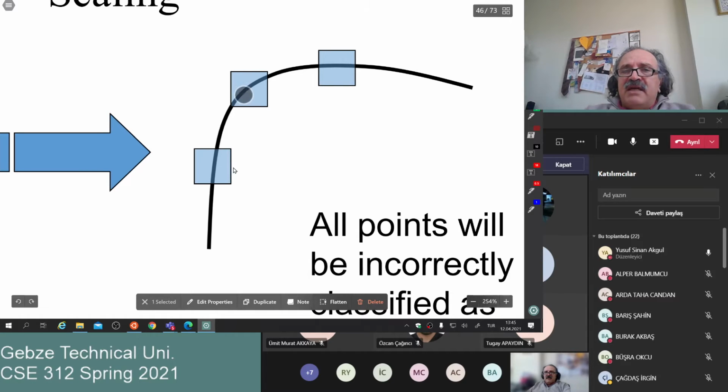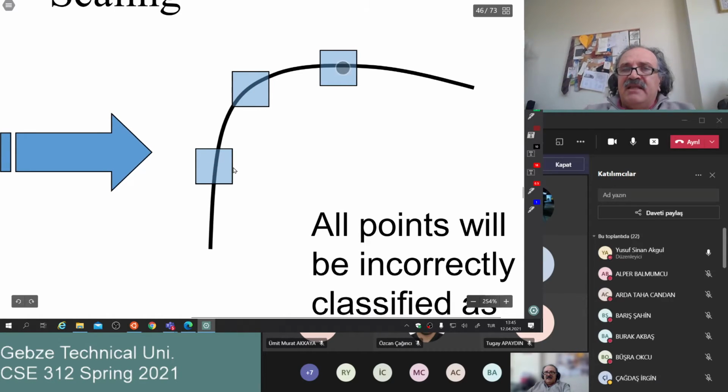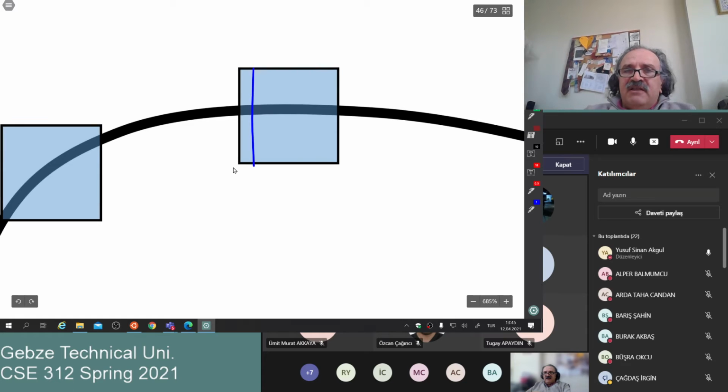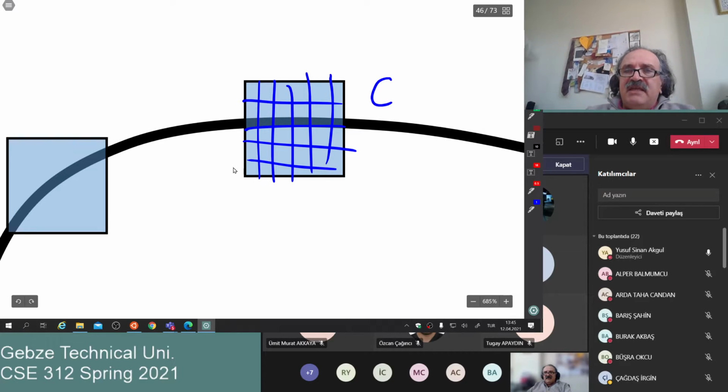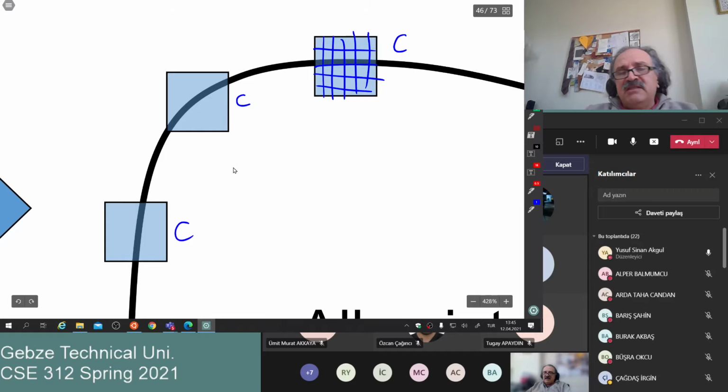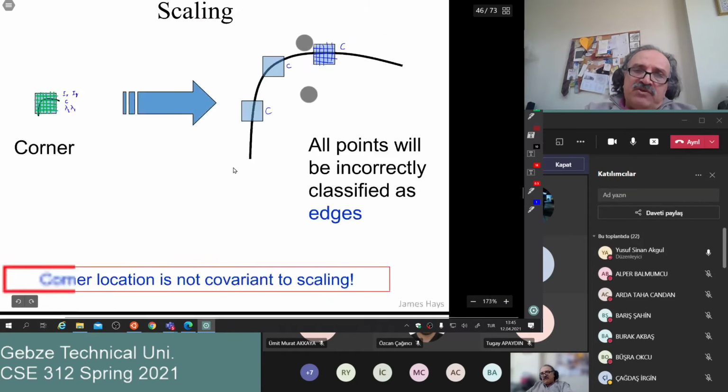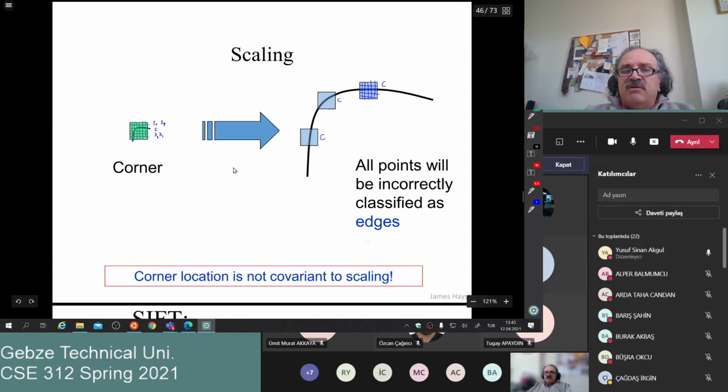If my window size is small like that and like that, and if I divide this into these windows, okay, and the C matrix here, C matrix there, and C matrix there, will not show me any corner. So unfortunately, our Harris corner detector is not insensitive to scaling. If you scale,